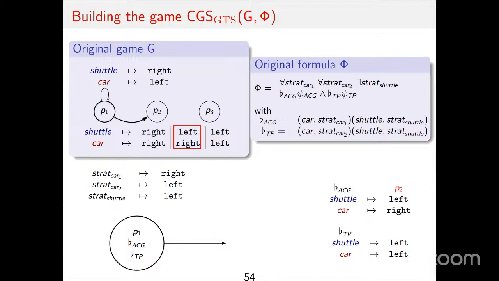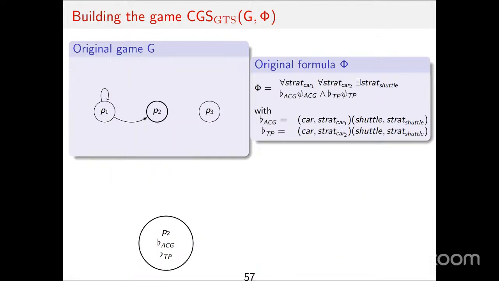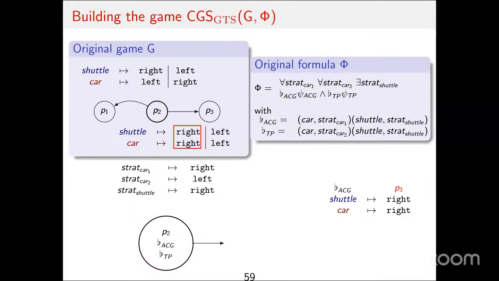And for the traffic protocol, we also have P2, because left-left also goes to P2. It's the same position, so everyone goes to P2. It's easy. Now, if the strategies don't choose the same transition, this can be a little bit problematic because, for